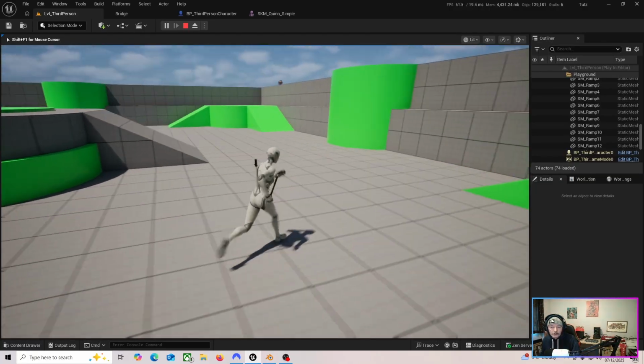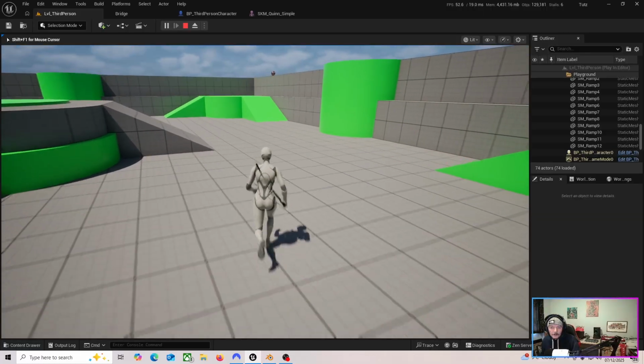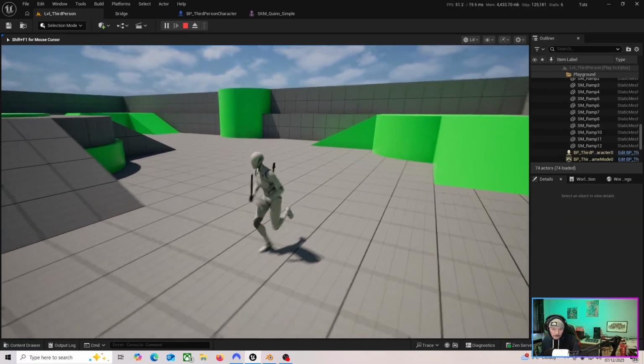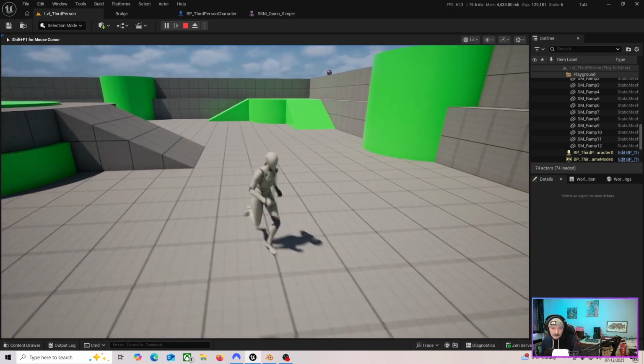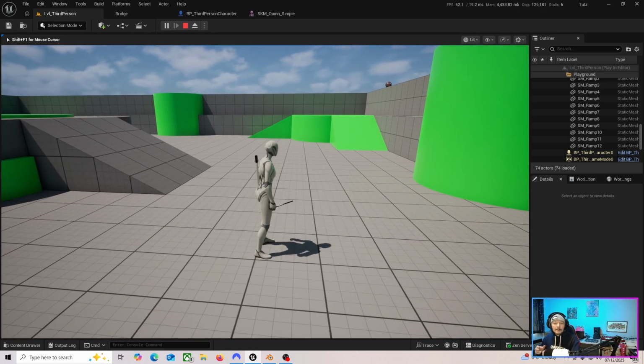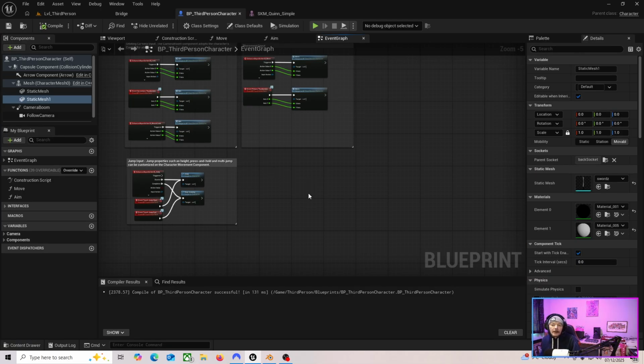If you want to stick around, I'll show you how to make it look like you're taking it from your back, so one appears in your hand and it disappears from your back. And then you would make an animation where it would take the sword like this. Basically, we're not going to make a new input or anything. We're just going to test. So